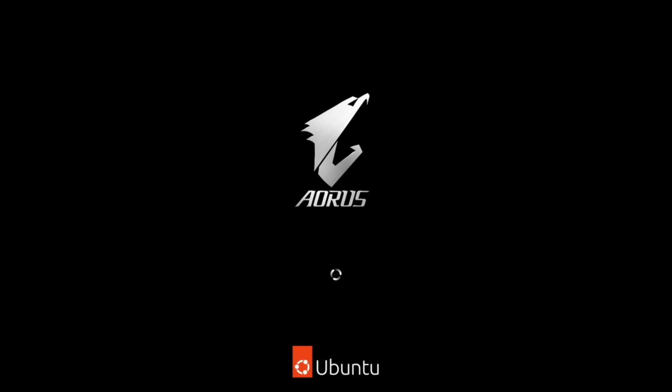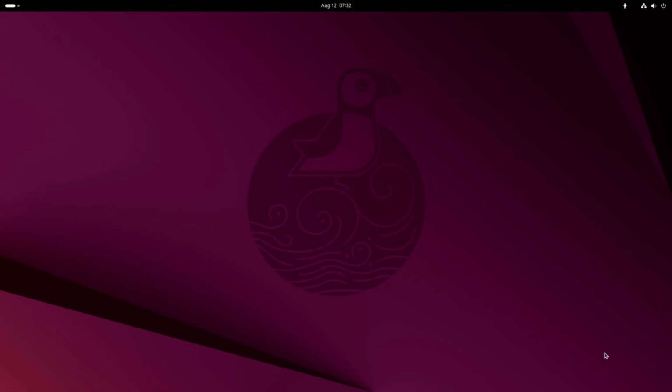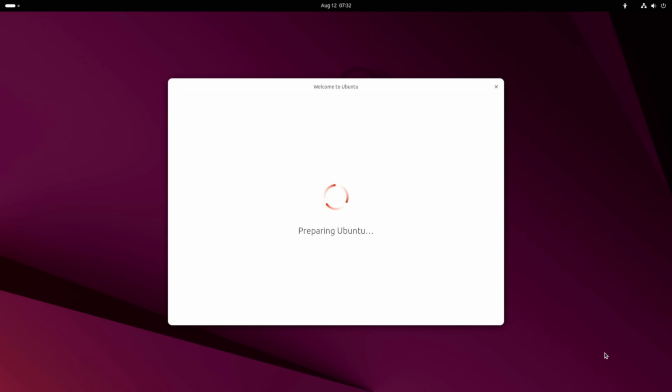It's not obvious at first glance here, but Ubuntu has actually booted into its try before you buy or live USB mode, meaning that if you were to close this install window, the desktop would appear as normal and you could give it a try for how the operating system and desktop environment feel. But we're going all the way here. We're going to install Ubuntu properly and see what the rest of the process is like. But be warned, you're going to want to buckle up for this because this is the longest install process we've encountered thus far.